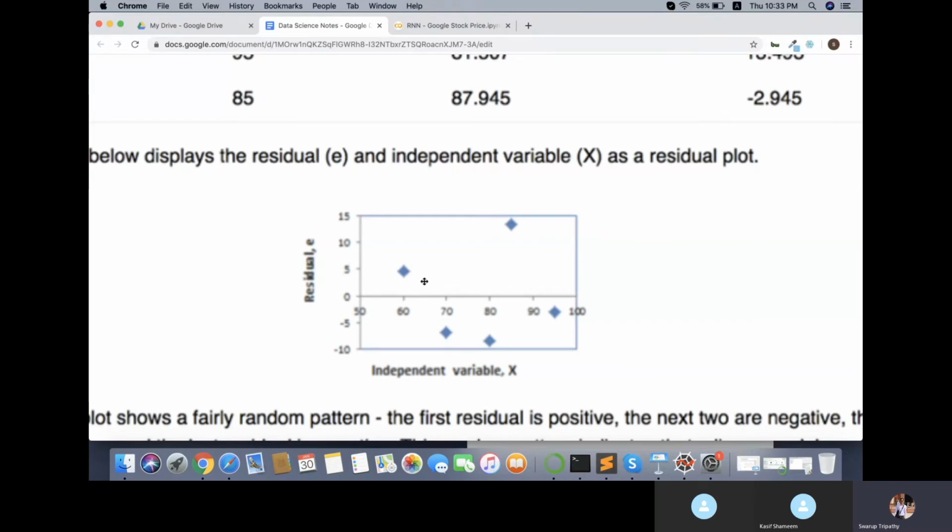Suppose you don't have an equal distribution of data on both sides. Suppose in one particular area you have a lot of data and in the other you have less data, meaning fewer errors, then it will be good for non-linear models, not for linear models. Are you guys getting this?